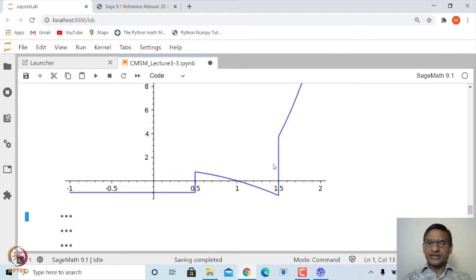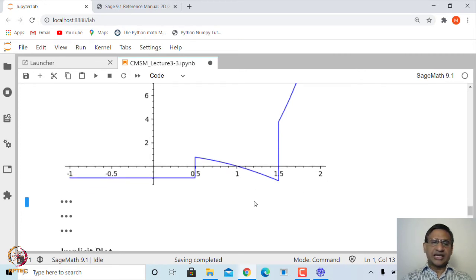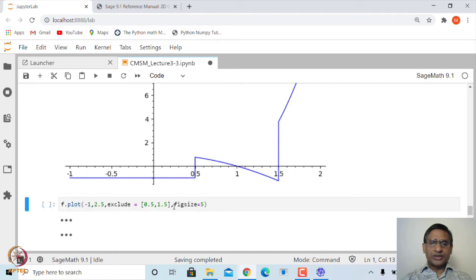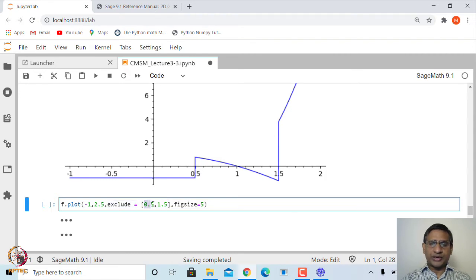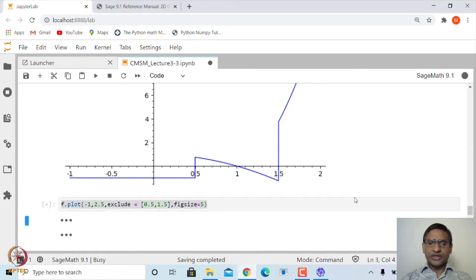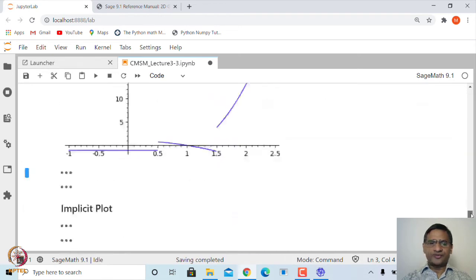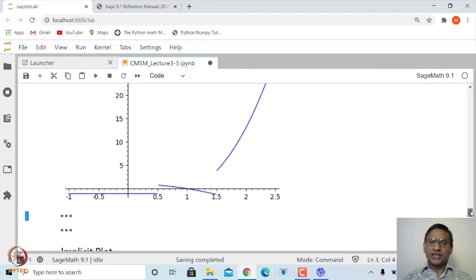Similarly, this vertical line and this vertical line, you can suppress these vertical lines, and the way to do it is you can mention exclude. It should exclude the points at 0.5 and also at 1.5, and then if you plot this, you will not see these vertical lines. That is what you can see here. So, those vertical lines are gone, only these pieces are shown.